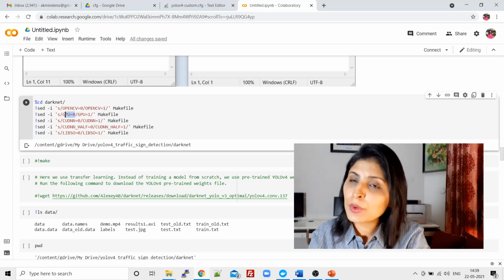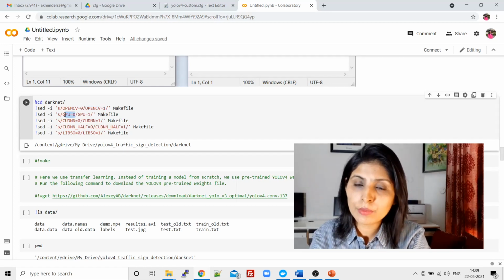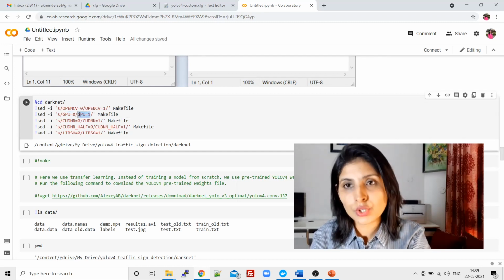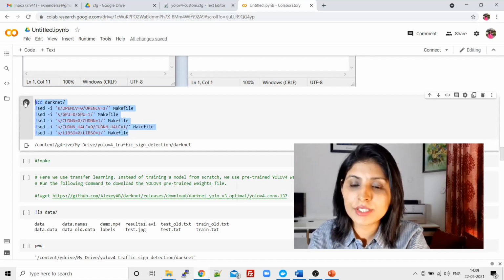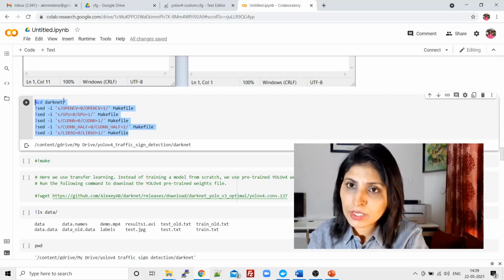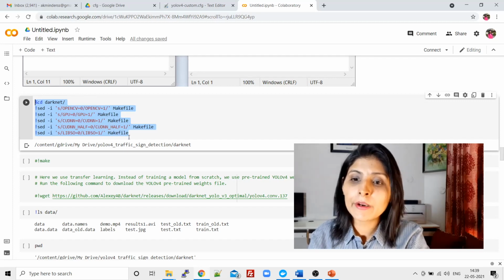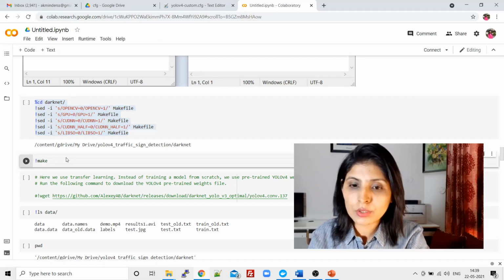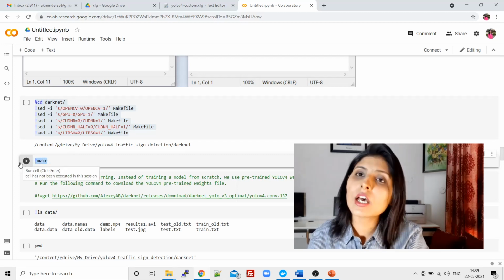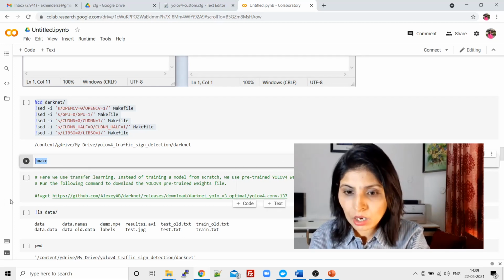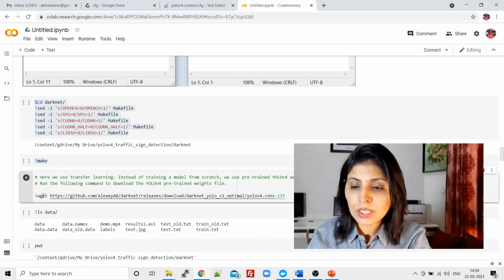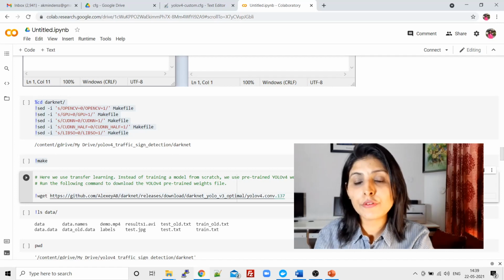Again, GPU was not being used earlier when you downloaded the darknet folder for the first time. So this one means we want to use GPU. In the same way for CUDNN and all these things. So we have entered the darknet folder, made a few changes in the makefile, and uncommented this code also. Then what I'm doing over here is building the makefile. Once your makefile is built, now what you need to do is download these YOLOv4 weights.